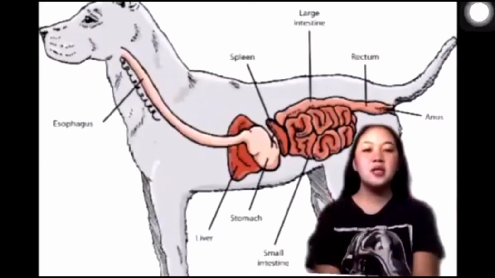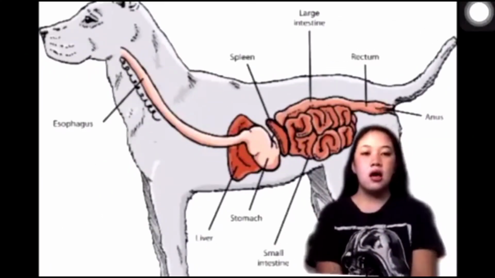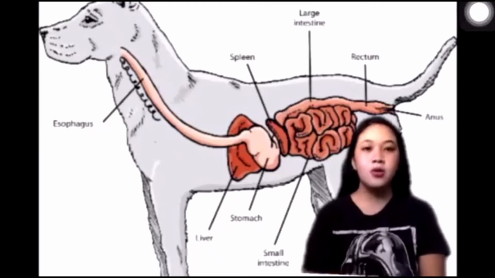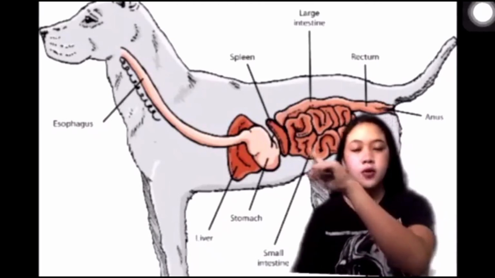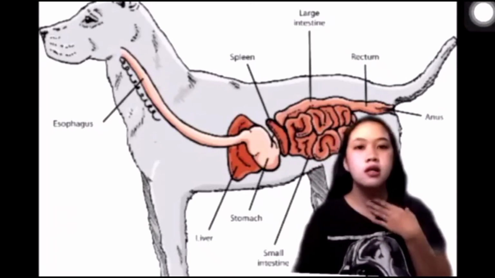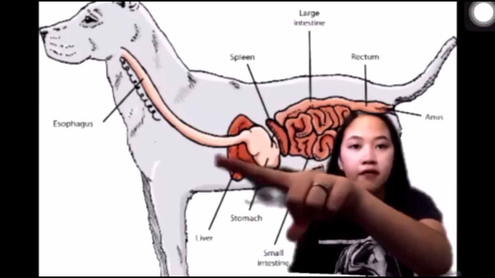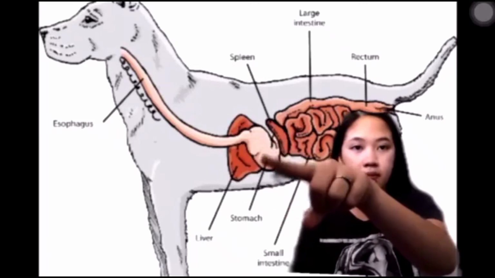Hi guys, for this video I will discuss the organ system of an animal, which is the dog. So let's start. The first one is the esophagus, this part of the dog here, and then the liver, the stomach,